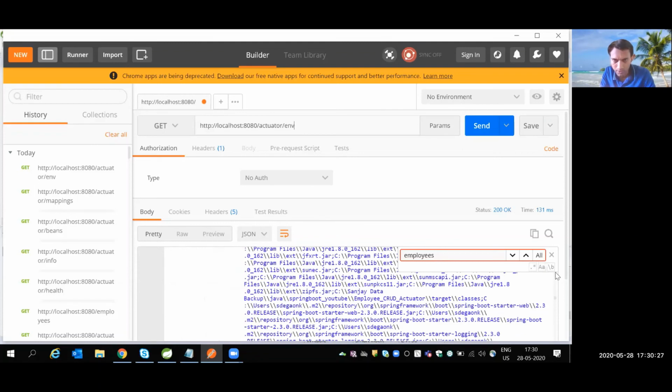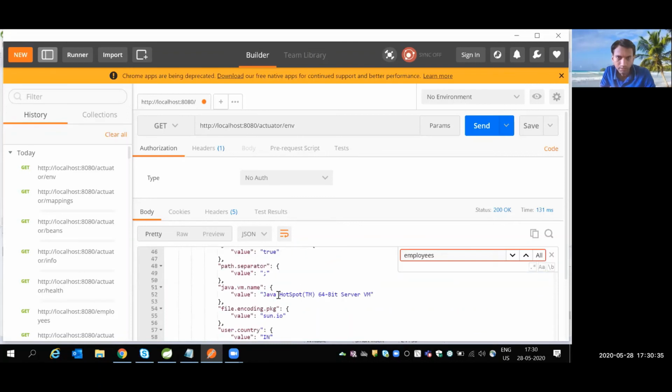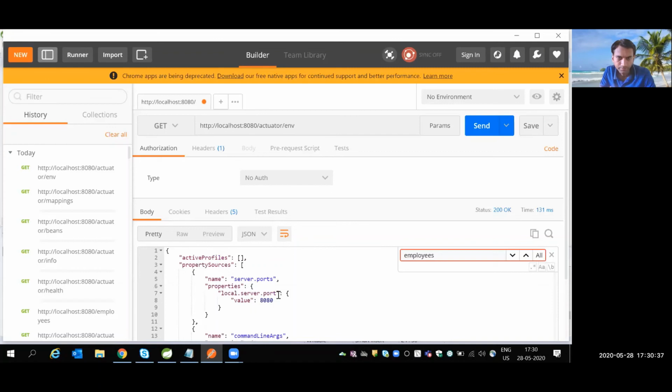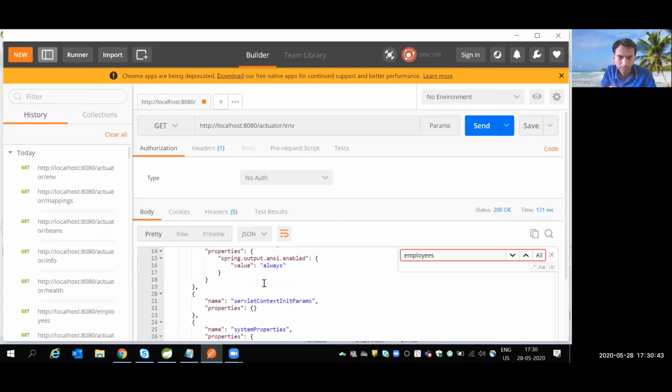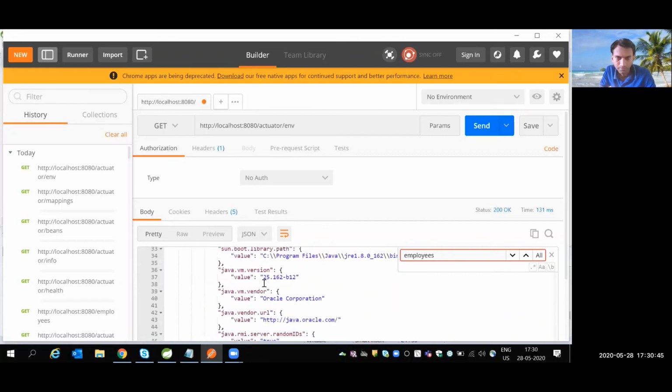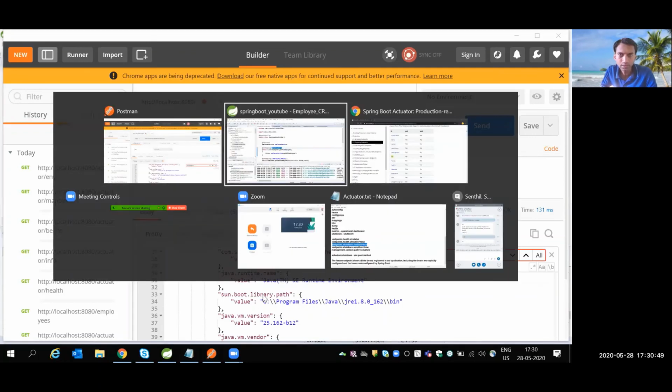Let me scroll up. Java VM specification name, Java specification name. The default port number is 8080, the application's port number. So all these environment details are related to env.